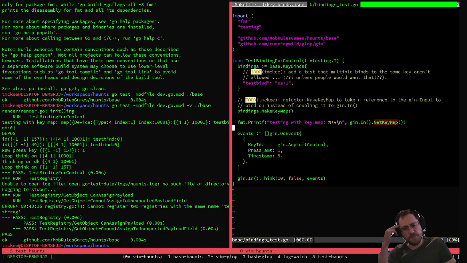Another solution is teach YCM to look at not go.mod but dev.go.mod. I'm not sure what's better. I think it probably makes sense to